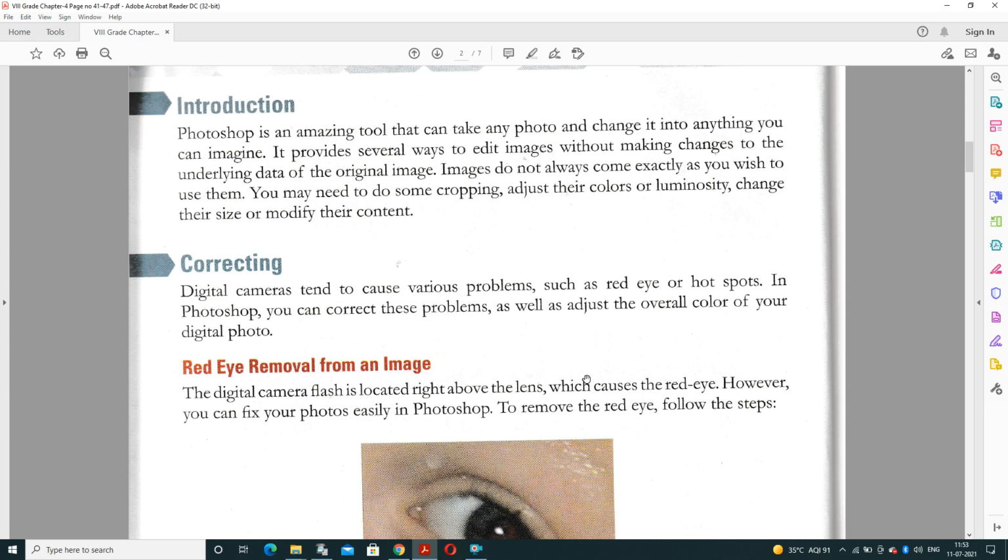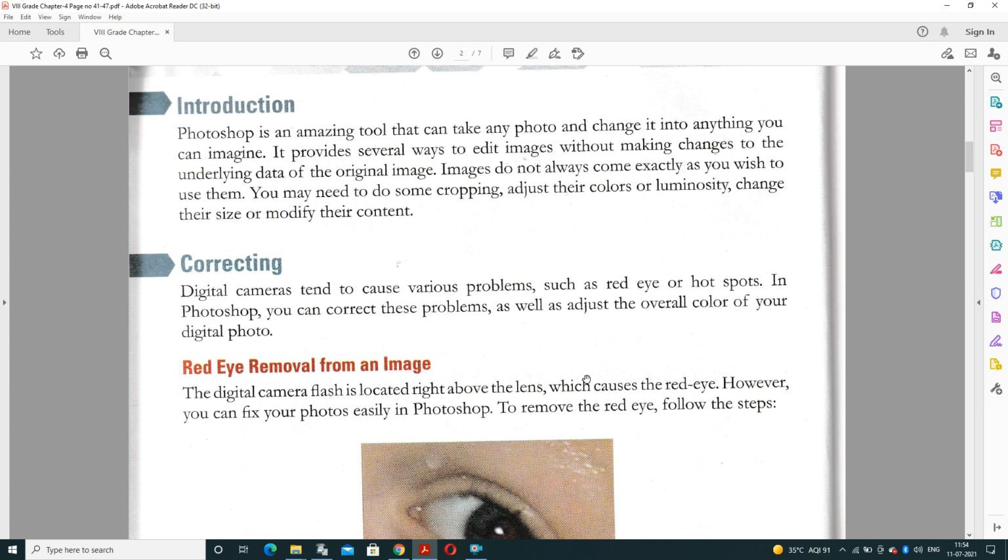It provides several ways to edit images without making changes to the underlying data of the original image. It means image data will not be affected. The image will be as usual, but the editing will continue on a particular part of the image. If you want to do editing on a face, in the eye, or in the mouth area,